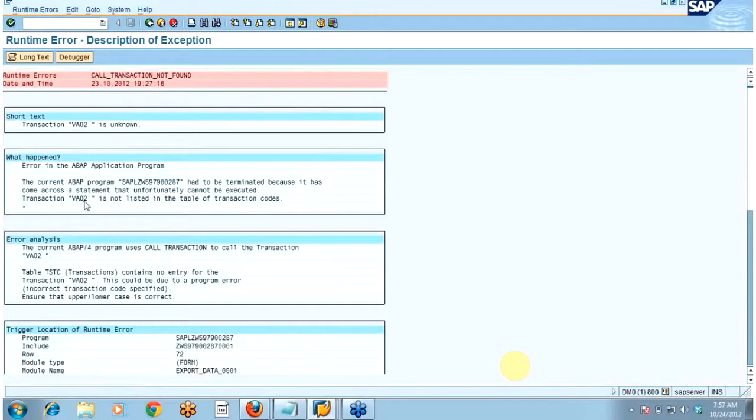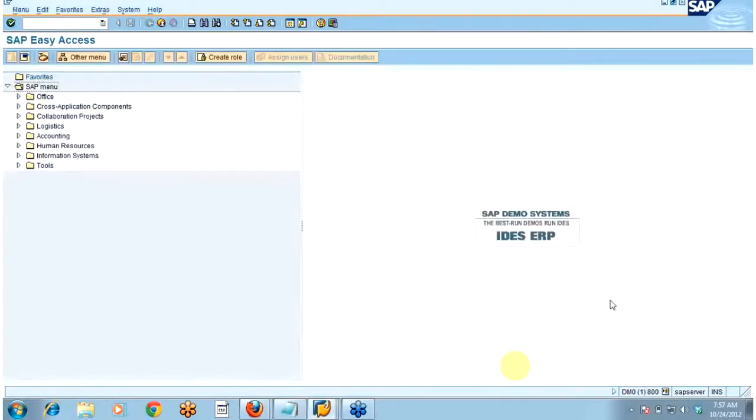Why is it not listed in the transaction code? Let me see.